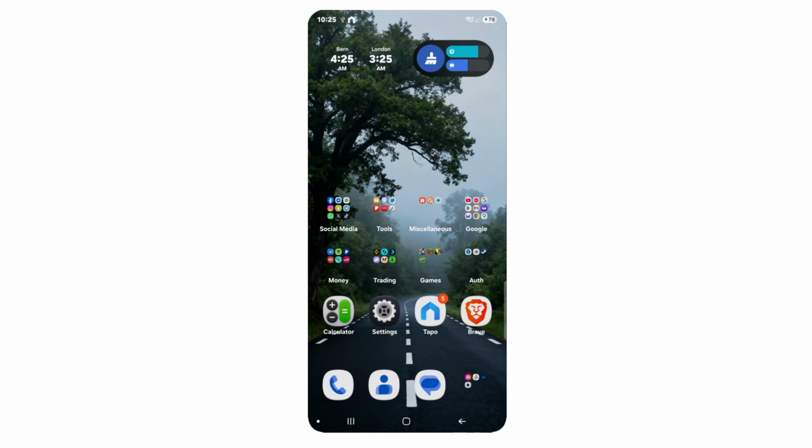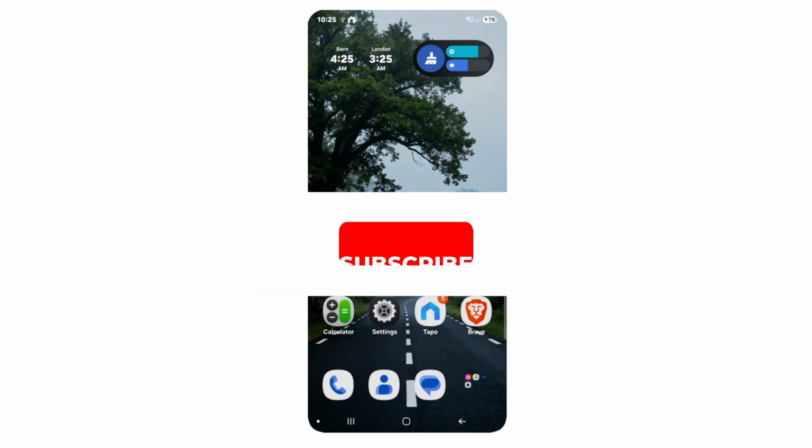Welcome. In this quick and easy tutorial, I'm going to be showing you how to install Roblox on Android or